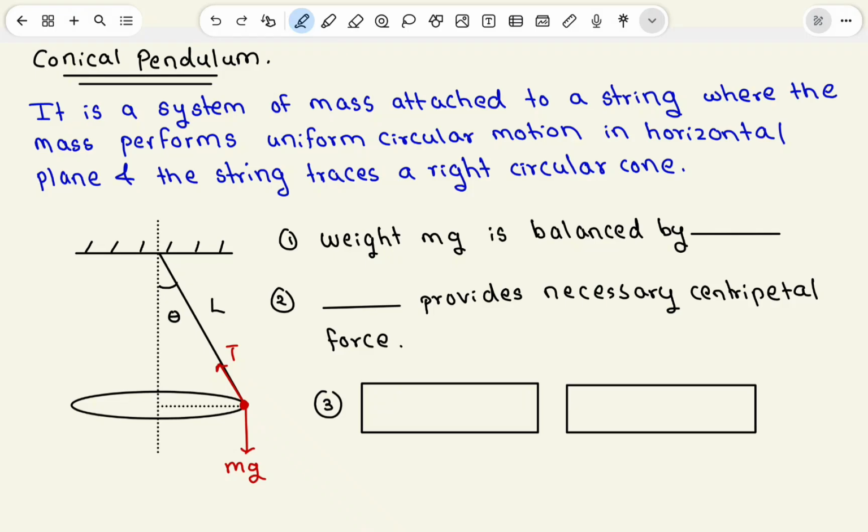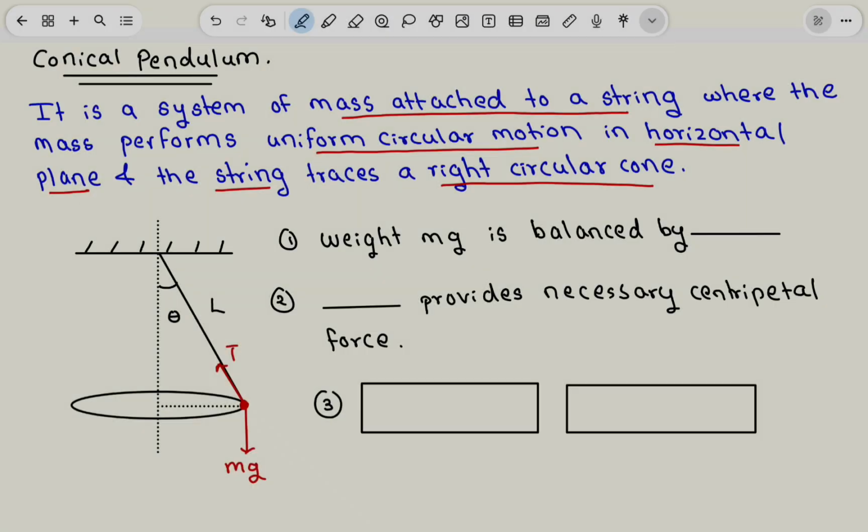The topic that we are going to see today in rotational dynamics is the conical pendulum. So what is a conical pendulum? It is nothing but a system where a mass is attached to a string, and the mass performs uniform circular motion. But the circular motion is in a horizontal plane, and the string that supports the bob traces a right circular